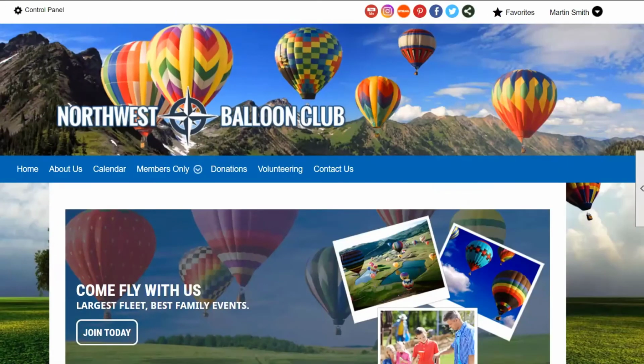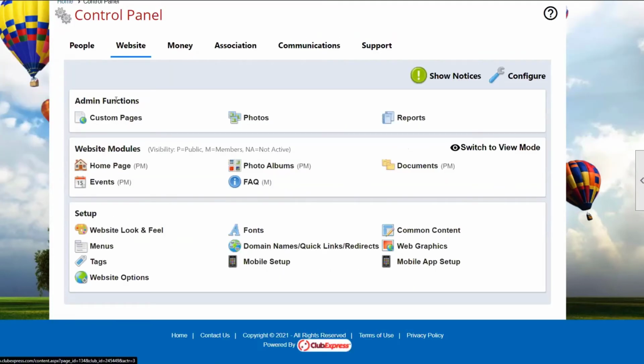where we're logged in already as Martin Smith, an admin. And so Martin Smith is going to travel to the control panel. Now, tags are a built-in option on your website. They're a setup function located in the website tab in the setup options, tags. So because it's a setup function, you don't need to worry about enabling it